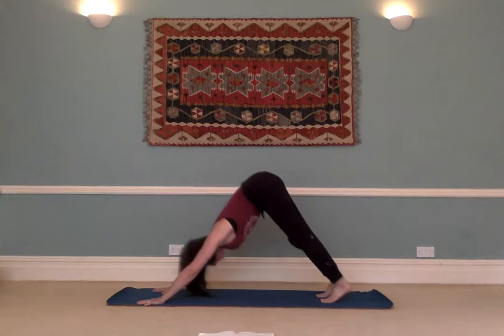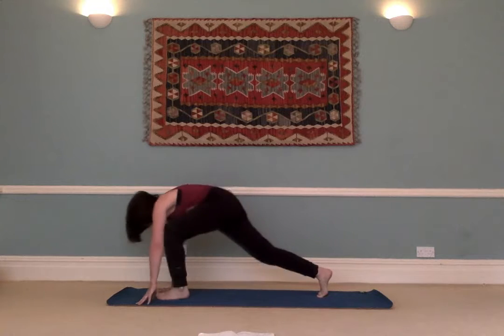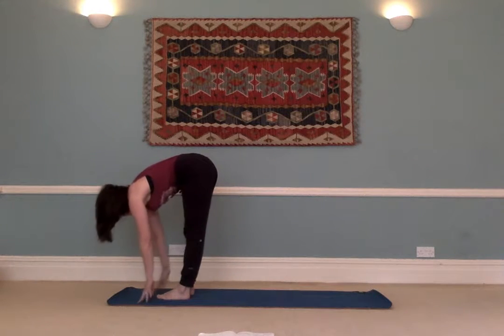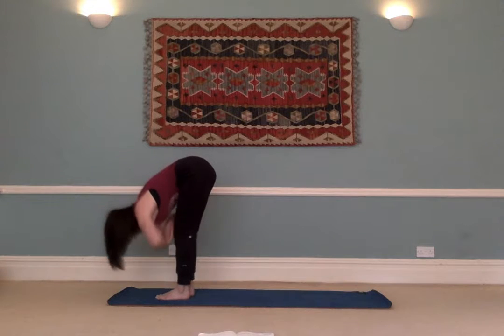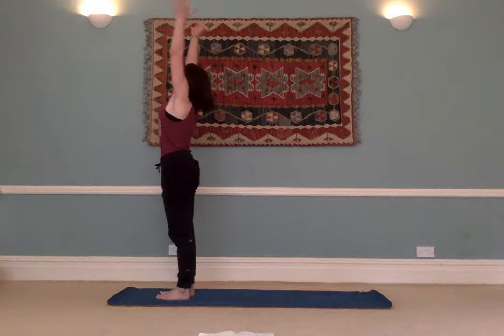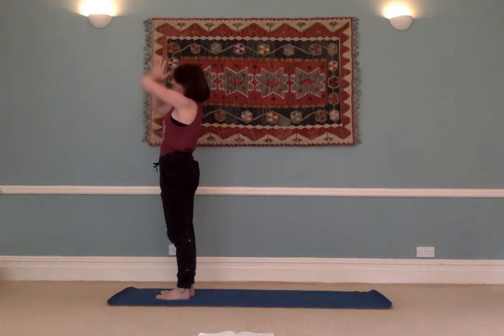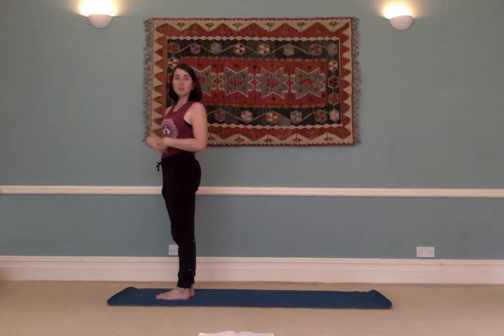Then high on the toes as you inhale, look forward. Exhale, bend the knees and step it up. Halfway lift, front body lifts up to meet the back body. Exhale, bow. Up to the sky we go, inhale. Exhale, hands to heart. So this vinyasa flow with chaturanga and upward facing dog only works when we're connected to